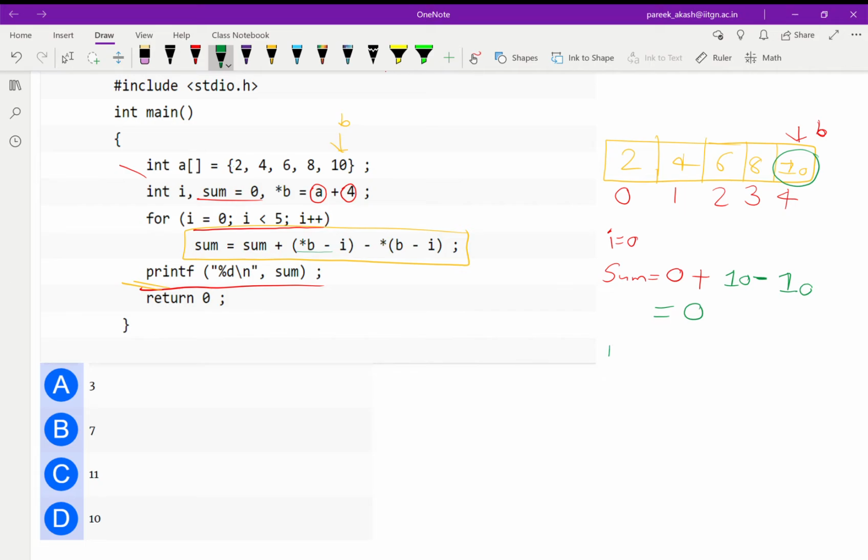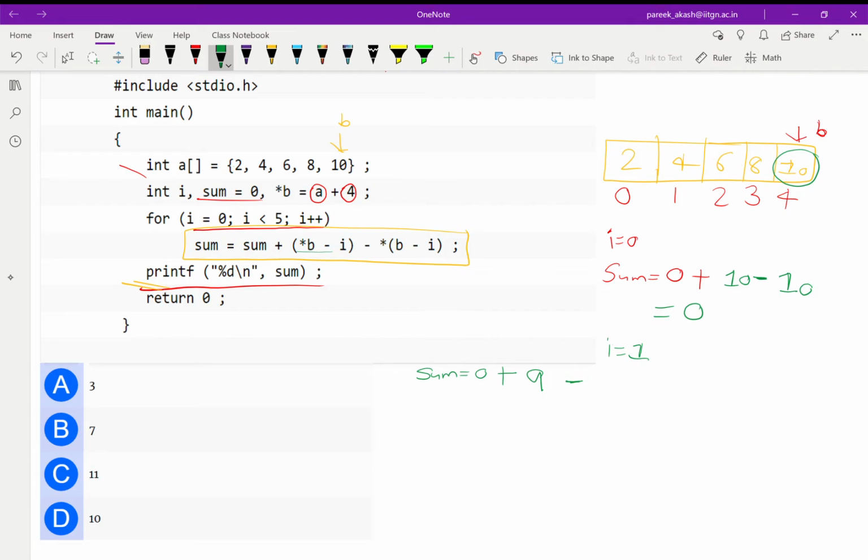Let us go to when I equals 1. When I equals 1, sum equals 0 plus star of b. Star of b is 10, but now I is 1. 10 minus 1 is 9 minus star of b minus I. So b is pointing at the fourth location, index 4, minus 1.